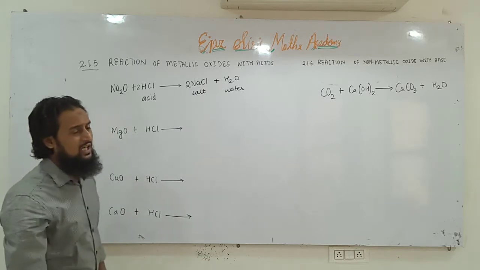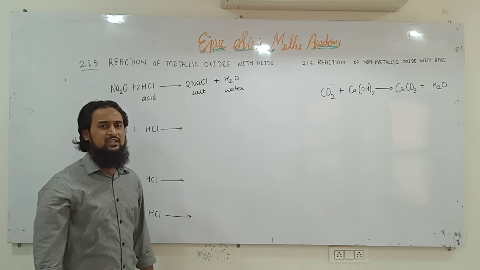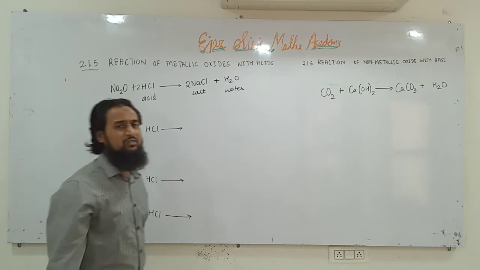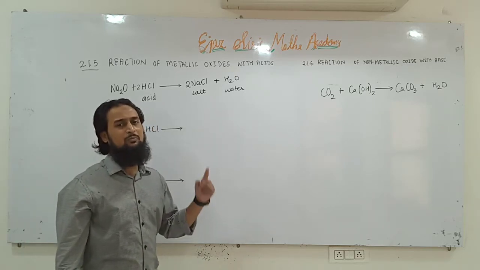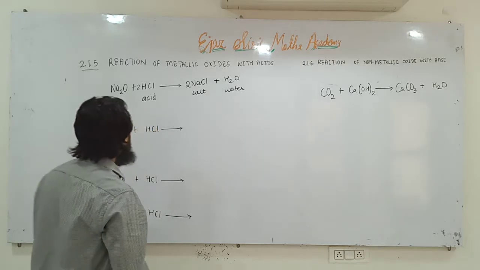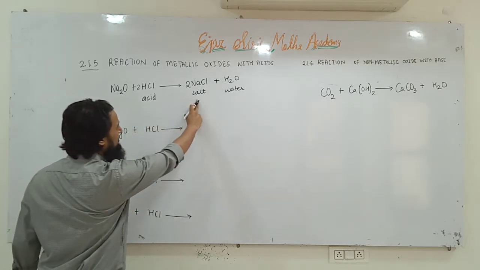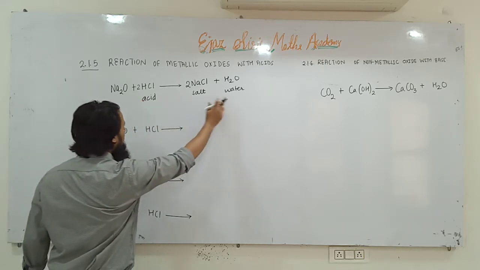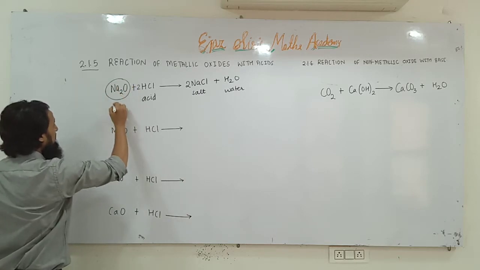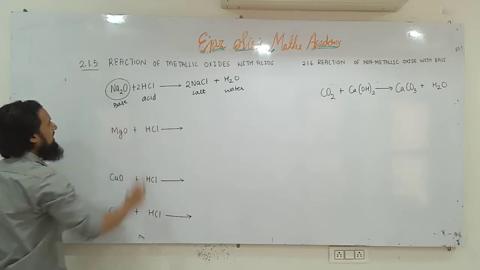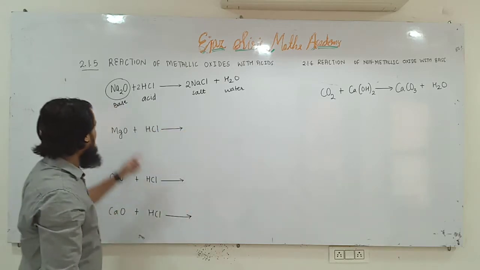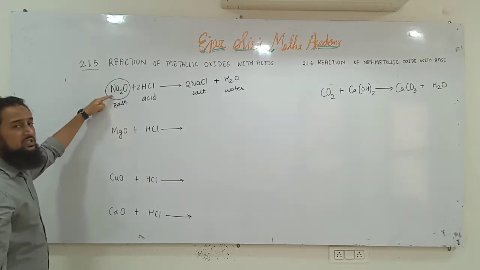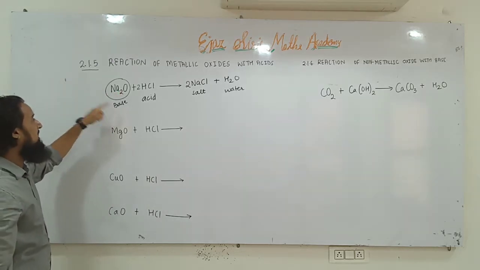Whatever name ends in IDE or ATE is generally a salt. So it is sodium chloride salt. And we have studied in the previous class, whenever an acid reacts with a base, it forms salt and water. So here, this is acid, no doubt. This is salt, no doubt. NaCl is a salt. H2O is water. So acid, salt, water, it must be a base. Because we have studied that whenever a base reacts with an acid, it forms salt and water. So it means it must be a base. And this is the proof that metallic oxides, sodium is a metal and oxygen, metallic oxides behave like bases.